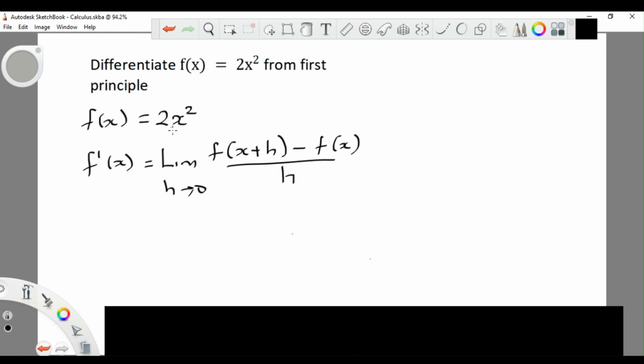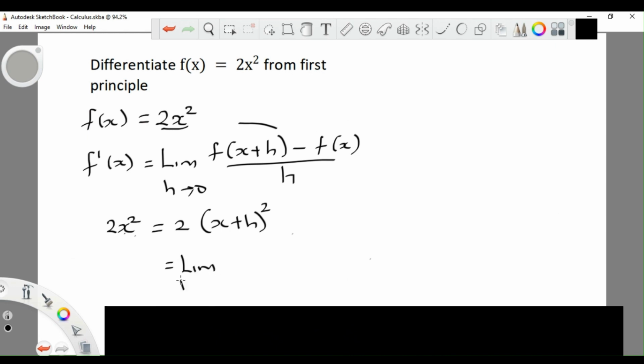So right now, remember that 2x squared is the same as saying 2 open bracket x becomes x plus h, squared. So what we do now is to replace this equation, this equation right here, with this. So we now have